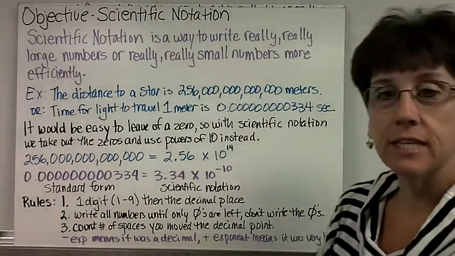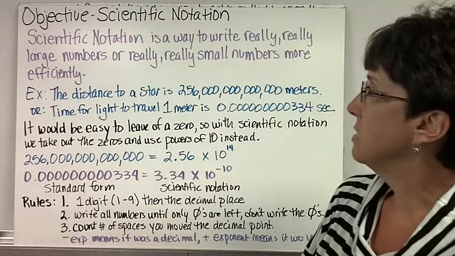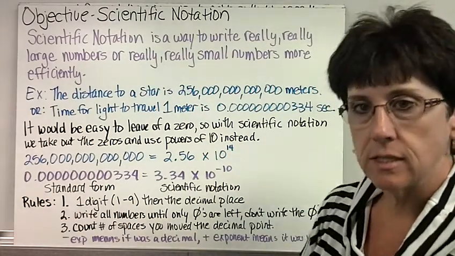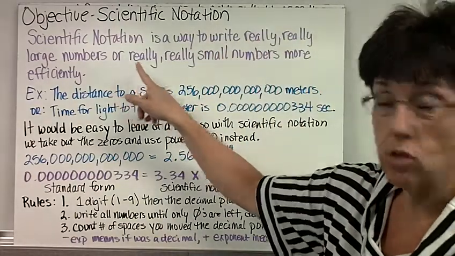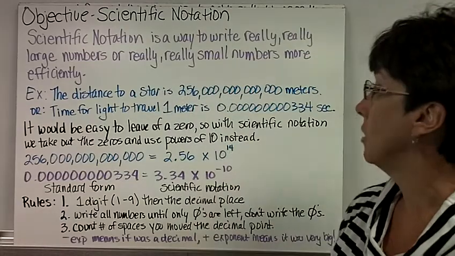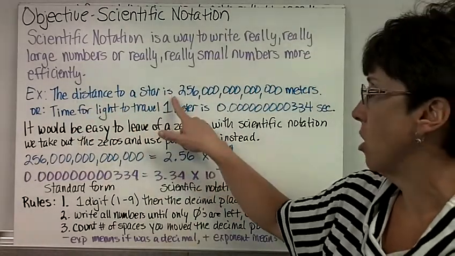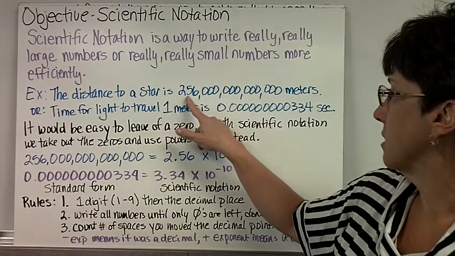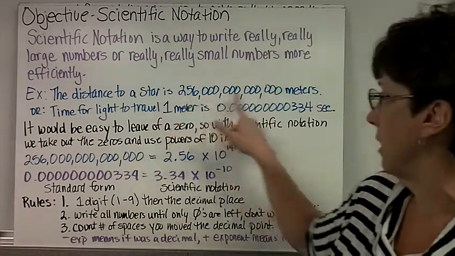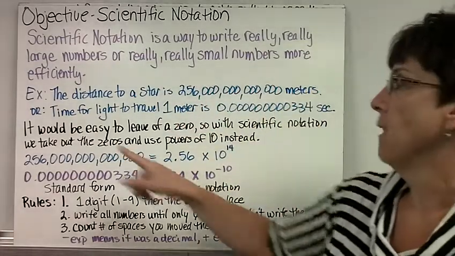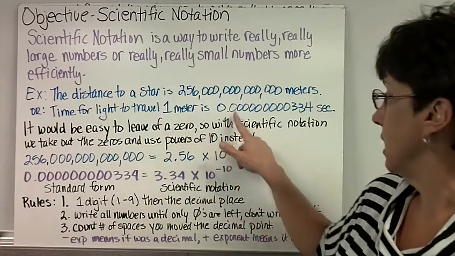Today's objective is scientific notation. Scientific notation is a method that scientists devised, and it's a way to write really, really large numbers or really, really small numbers more efficiently. For example, the distance to a star is 256 trillion meters, or the time for light to travel 1 meter is